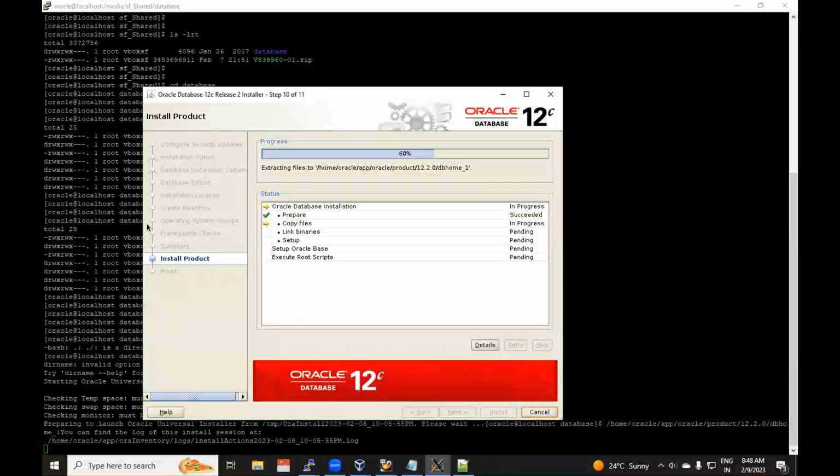So once this is done, we have one more post task, that we have to execute two scripts from the root user. That's what it's saying at last. Okay, execute root scripts. So we have a root login session here.